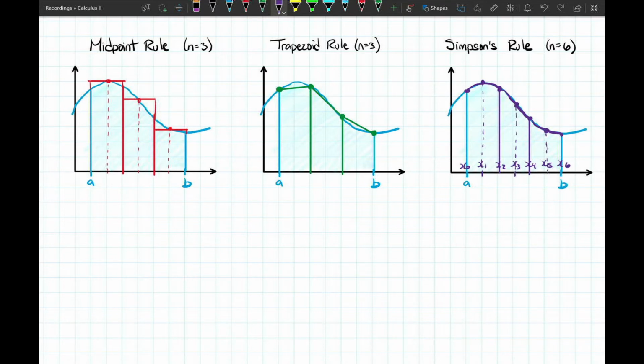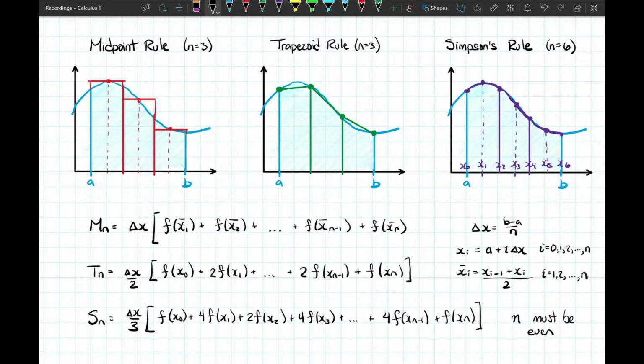Now, the calculation for Simpson's rule is a little bit more complicated to derive, but it turns out to be a fairly nice, straightforward formula, much like midpoint and trapezoid rule. Once again, here are the formulas for the midpoint and trapezoid rule, but now you'll also see Simpson's rule, Sn, and that's given by delta x over 3,